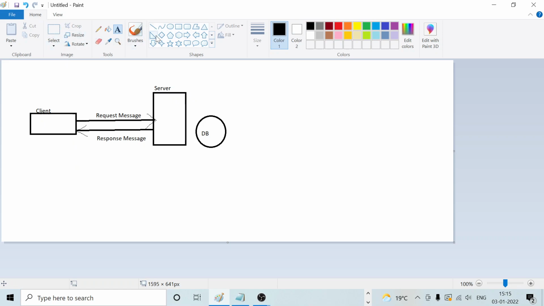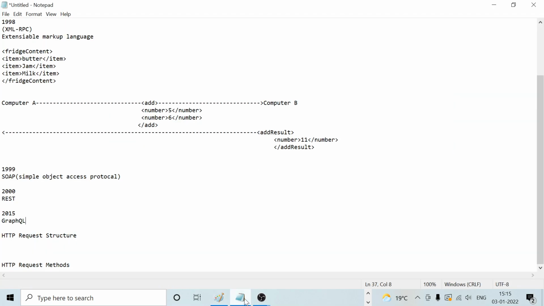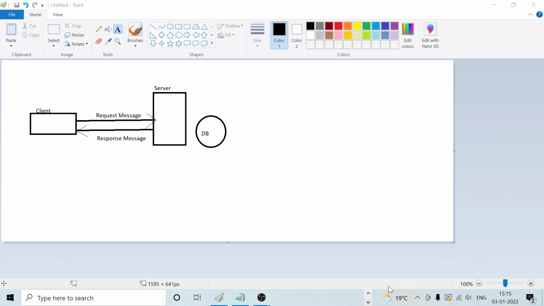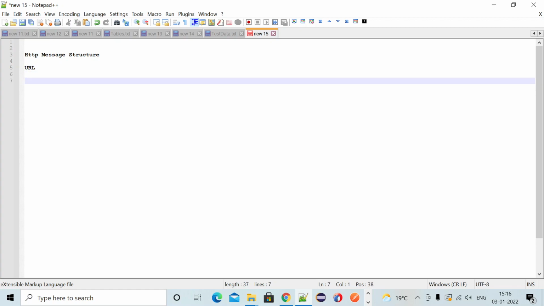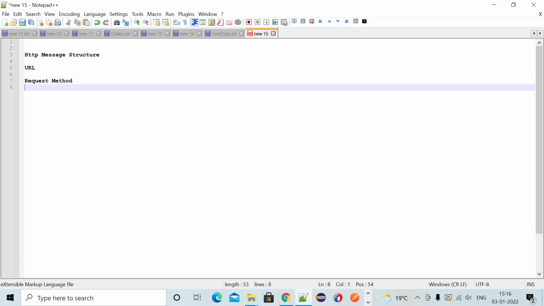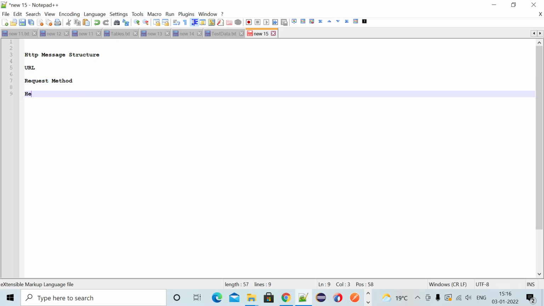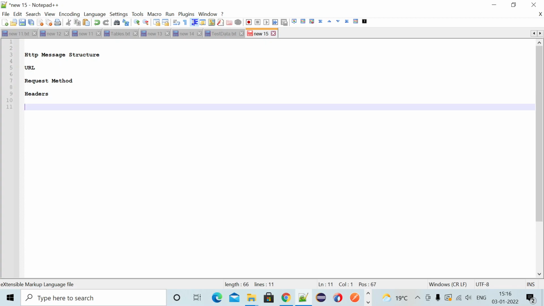And in the HTTP request message, what are the different things it contains? I will tell you what different things the HTTP request message contains. In the HTTP message structure you have the URL, the request method, headers and body.